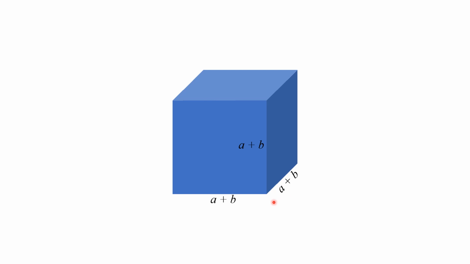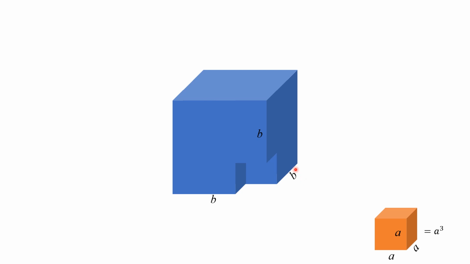First of all, consider this cube of length, breadth and height, all three equal to a. If you take away this cube from the main cube, it will be like this one. Its volume is equal to a cube, because the area of the base is a into a, which is a square, and the height is equal to a, so the product of these three a's is a cube. So it is representing the volume of this smaller cube.